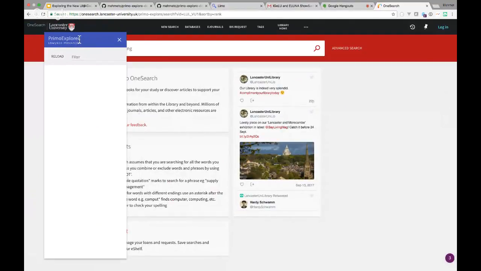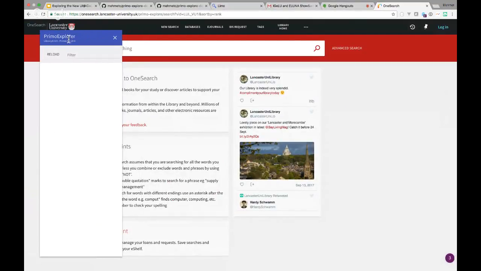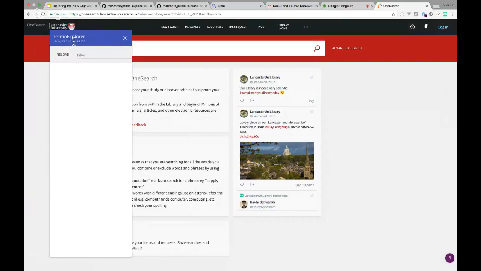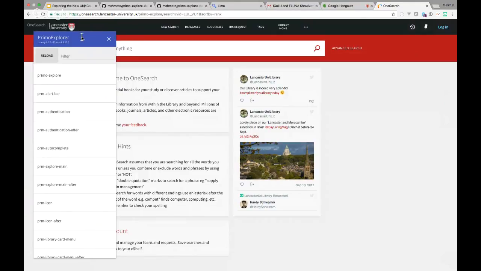You will get this Primo Explorer. It will say which version of Primo you're running. And if you reload, you will get a list of all the components that are currently rendered on screen. And you can filter on these. So you have this search bar. So this was the one that we were looking at. If you click it,